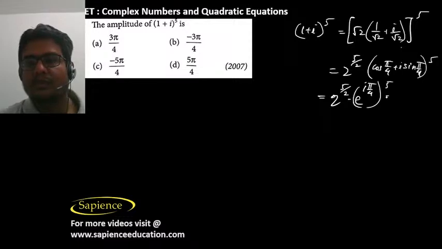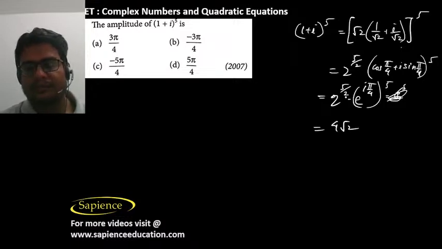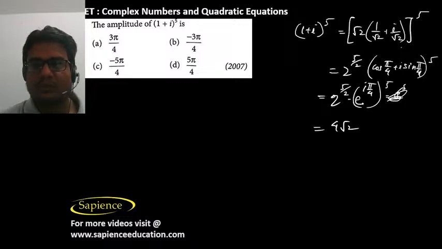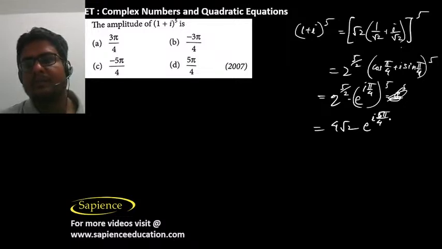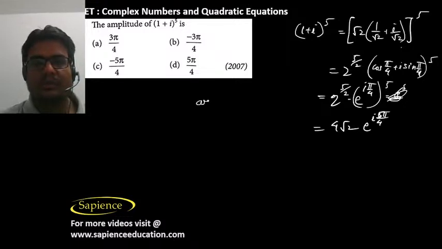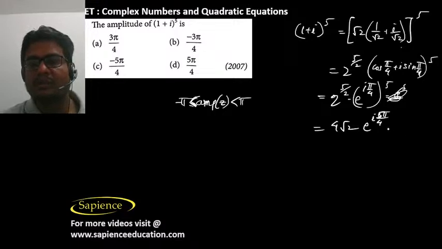So 2 power 5 by 2 means 2 plus half, so this is 4 root 2 actually. 4 root 2 e power i 5 pi by 4. But we know that the principal argument or the amplitude of z goes from minus pi to pi, so it should not be more than pi. So we can write it as